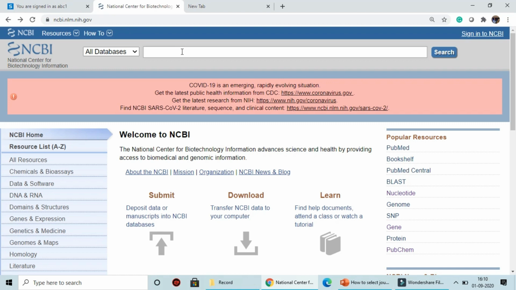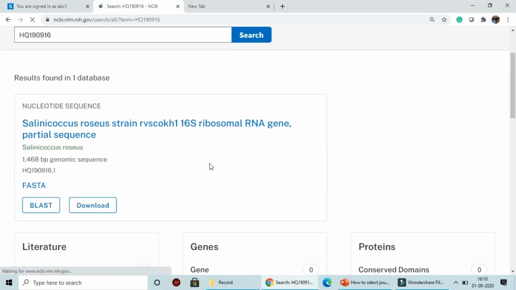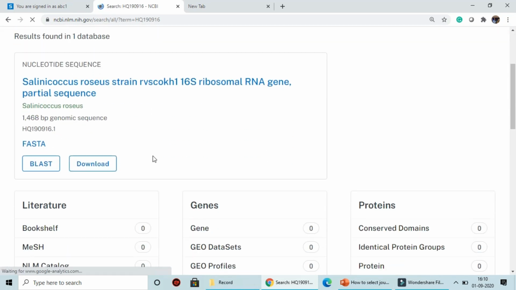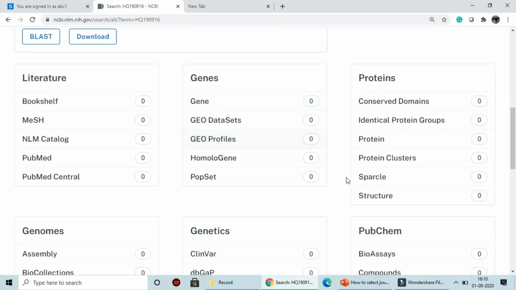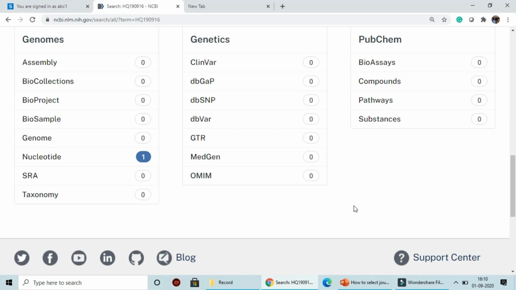So let me write down here HQ190916. Let's check how many results I am going to get. Click on search. This interface is known as Entrez. So see, I got the result. You can see these are the different databases present in the NCBI. Since NCBI is a composite database, meaning it is a database of a lot of databases,